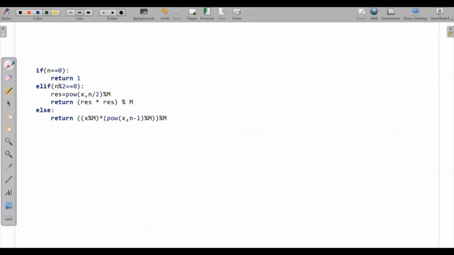Here we will take an example. Let's say x is equal to 7, n is equal to, let's take somewhat bigger, 8, and m will be 9. So when I calculate 7 to the power of 8 mod 9, first it will check whether n is equal to 0. No, so it will go to even number, as 8 is an even number.